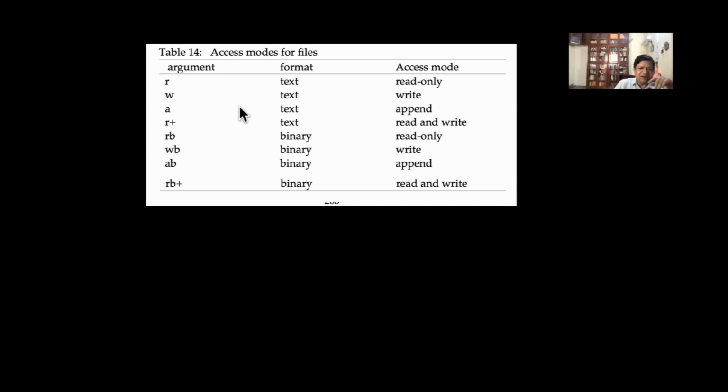"r+" is for read and write. Okay, and these four are for text files. Text is like ABCD 01, or your Word file or fiction file. These are all called text files. Typically it is stored as ASCII. There could be other formats, but you can think of ASCII as a format which we covered in the class. Now we can also store